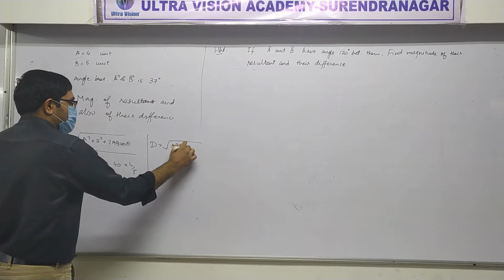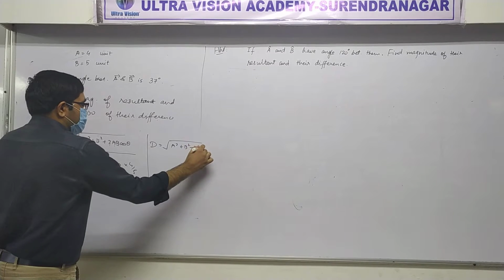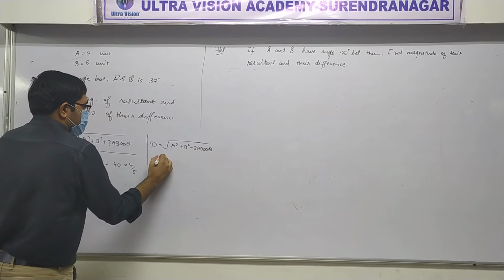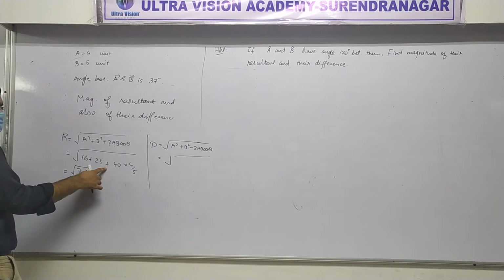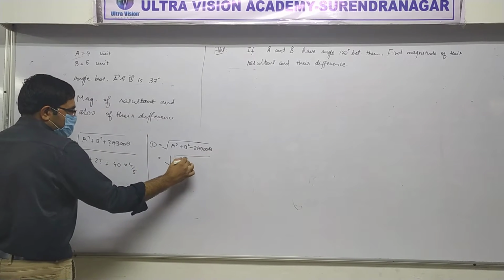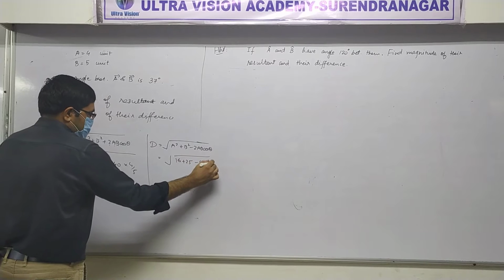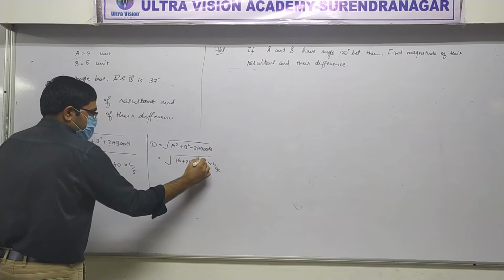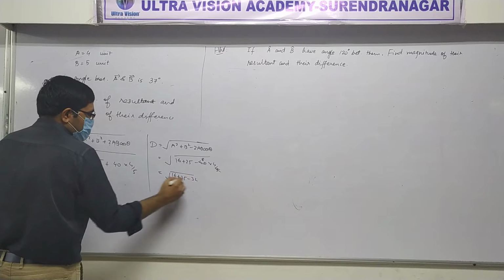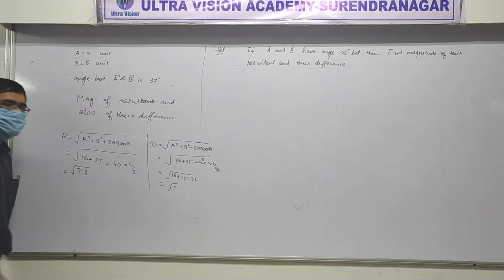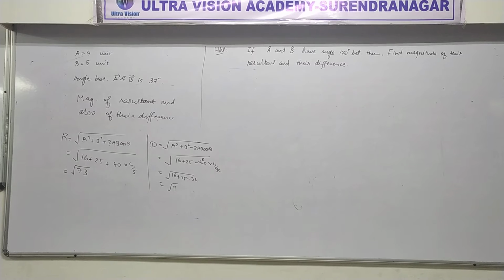So it's A square plus B square minus 2AB cos theta. The only difference is the minus, right? So it would be 16 plus 25 minus 40 into 4 by 5. This cancels, so that is 16 plus 25 minus 32, which is the square root of 9, isn't it? Yes. So the answer is 3. Clear? Yes. That's your homework question, no problem. And then we move on to the next.